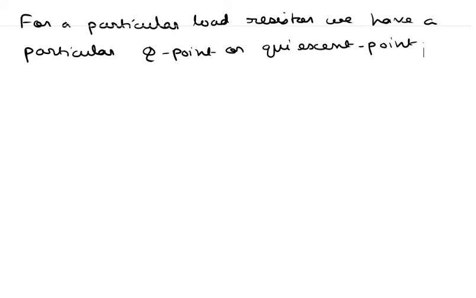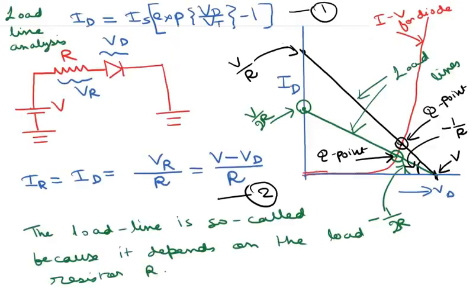Okay, so Q scan point or Q point is nothing but the solution of the current and voltage in a circuit of a load resistor and a diode. And I again repeat that analyzing this circuit in this way is basically known as load line analysis. This is just a demo. Right now we will learn more about this when we analyze and study transistors. So right now just know this thing.